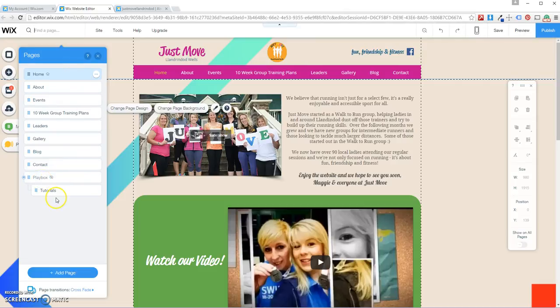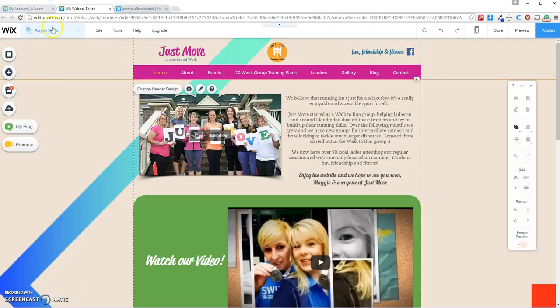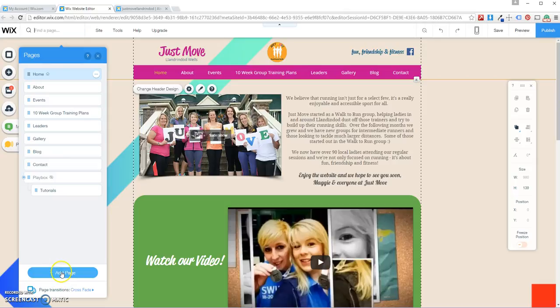So we're just going to add a sub page here. So I've decided, or you've decided as a group, that you want a page about the Llandrindod Club. Say if you then had one set up in Rhayader or wherever, you might want to separate your clubs. So let's add a page down here, right at the bottom. Just add a page. So the route to it is to go to Pages here and then add a page